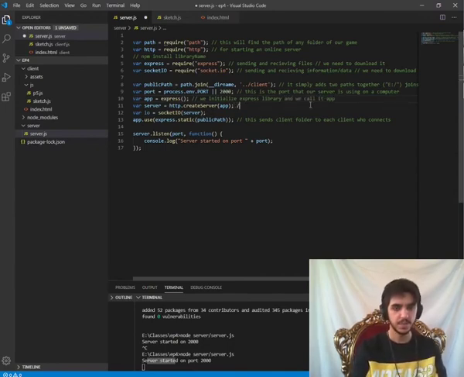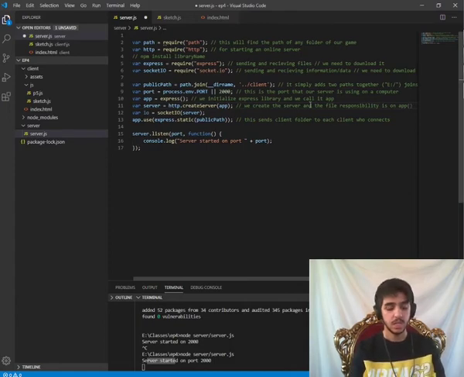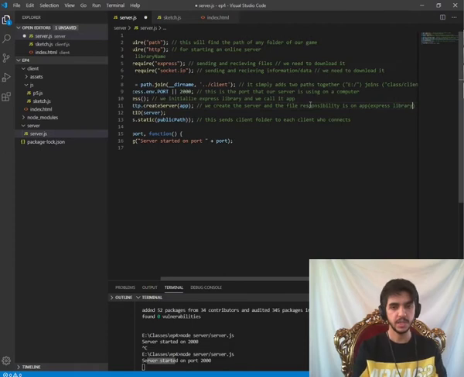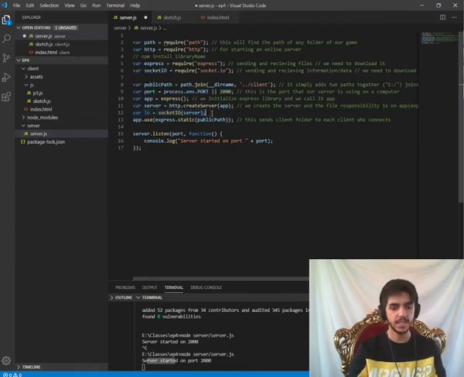In here we create and run the server, and the file responsibility is on app, parentheses, express library. Okay, and the other one is that